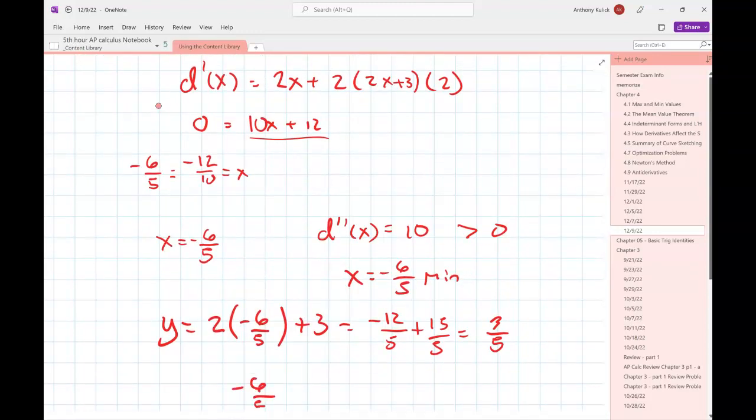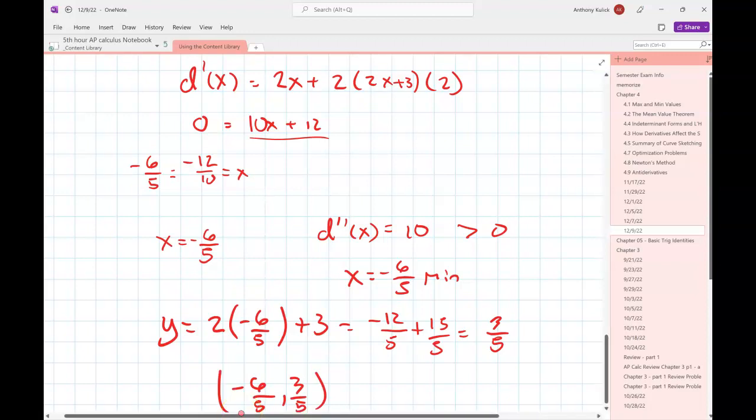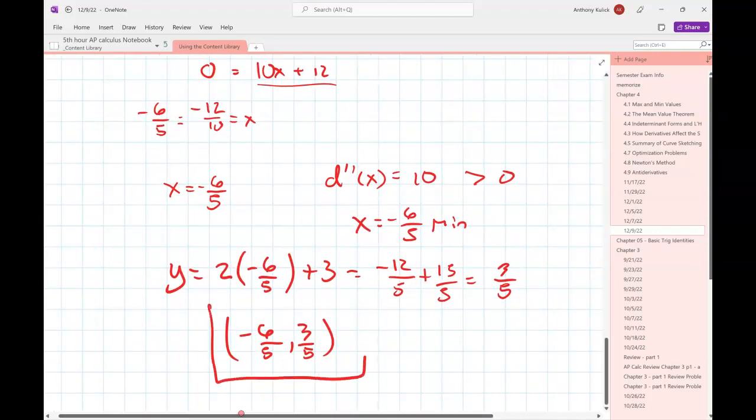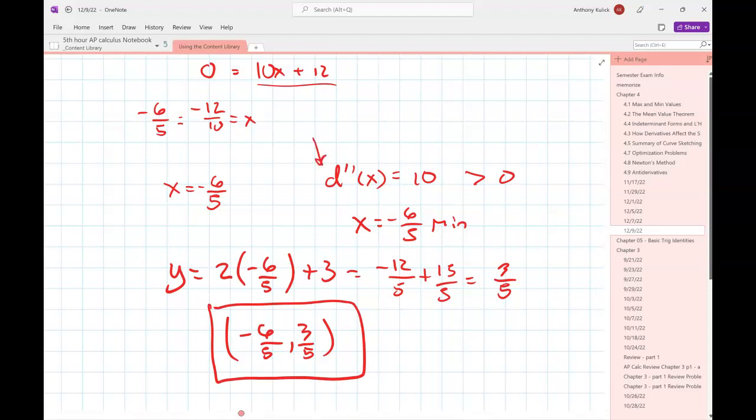So my answer is negative 6/5, comma 3/5. Now, if the second derivative was difficult to do, I would have used the first derivative test here. There's no reason I couldn't use that. I just looked at this first derivative, and it was so simple that the second derivative was something I can do in my sleep. I will not screw that up. And it was just going to be less time consuming than plugging values in. Not that those would have been all that time consuming either, but